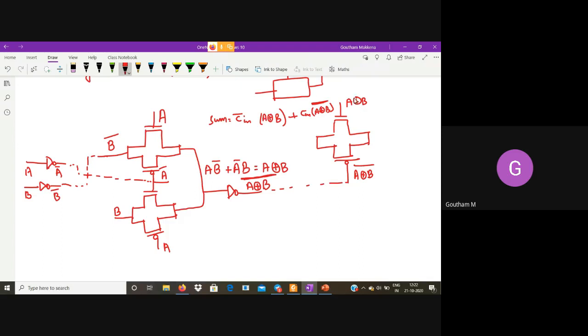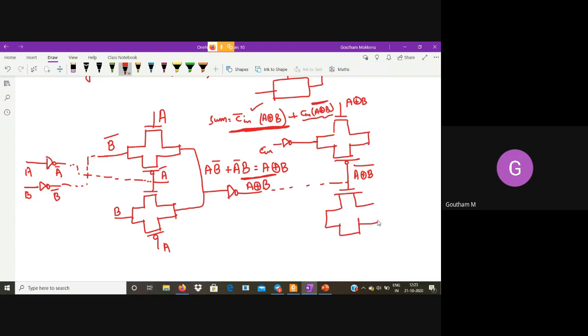That's it. So now this top transmission gate has to implement A XOR B into Cin bar. So I'll take Cin, invert it, give it here. So this thing is done. Top transmission gate is taking care of this expression. So the bottom transmission gate should take care of this expression now. Top transmission gate and bottom transmission gate should get complementary signals. So this NMOS is getting A XOR B, so this NMOS should get A XOR B whole complement.